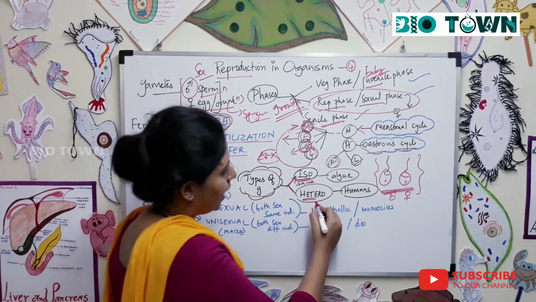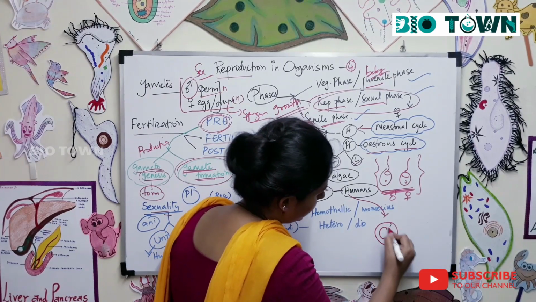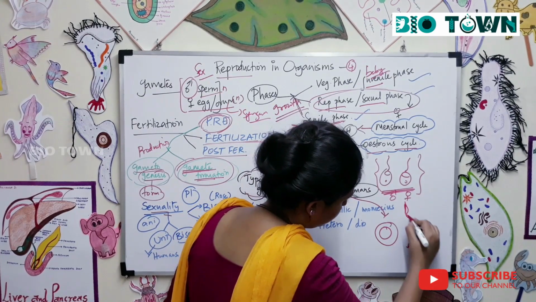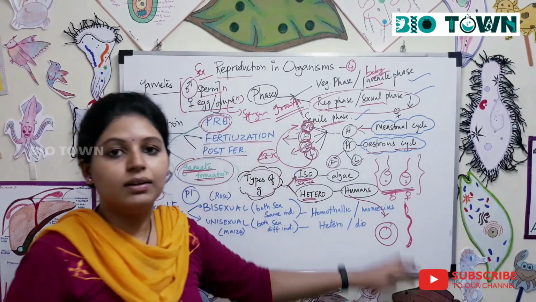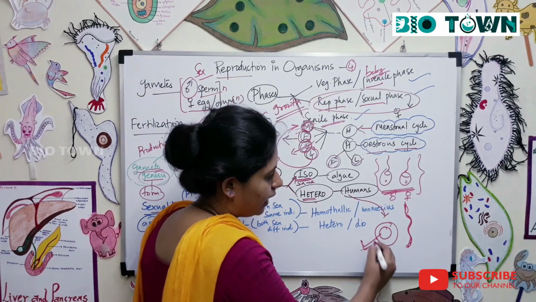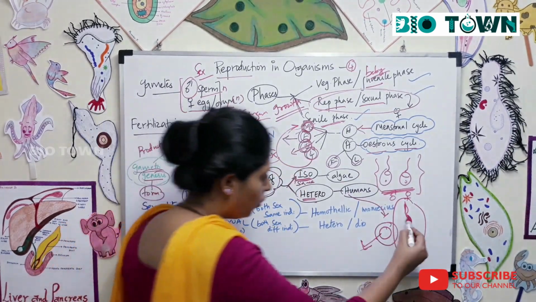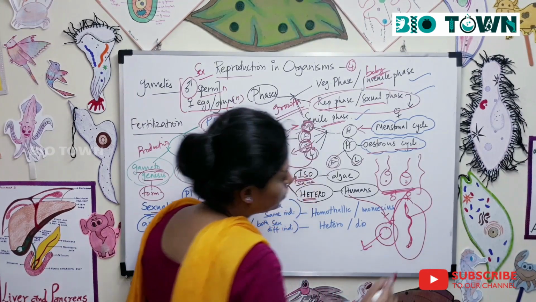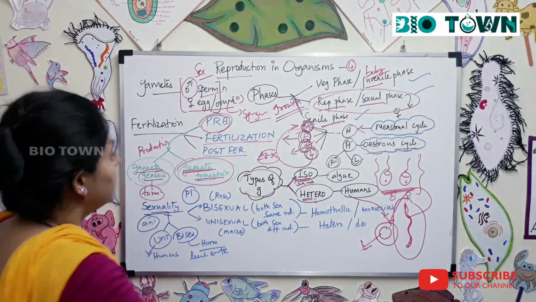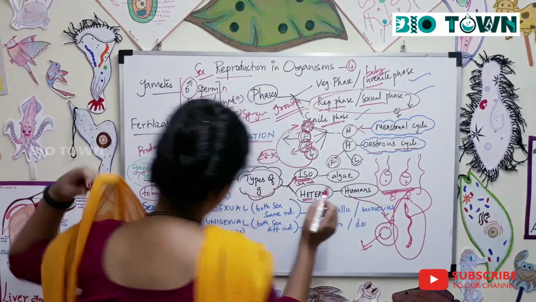Next is heterogametes. Like in humans, you have the egg, which is spherical, and the sperm, which has what? A flagellum, a tail for motility. The egg is a stationary object, it can never move, but the sperm is the motile object, so it swims to fuse with the ovum, so that is called heterogametes. Both of these gametes are different and you call them heterogametes.